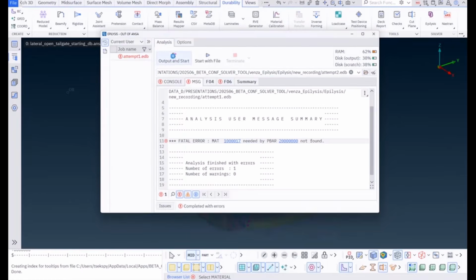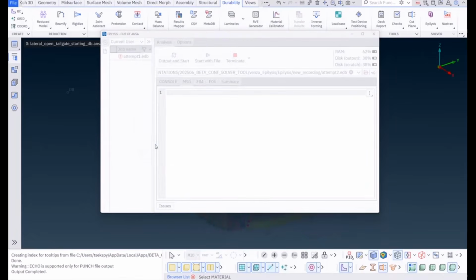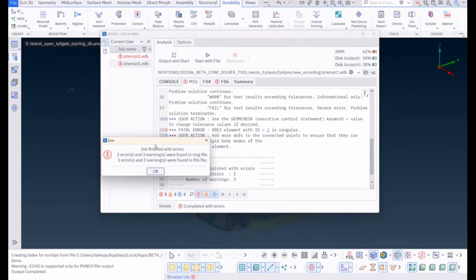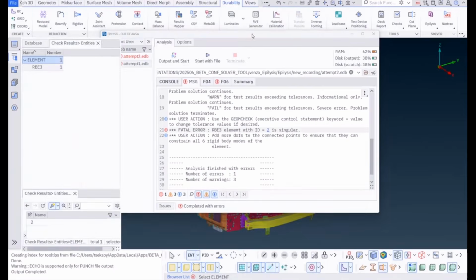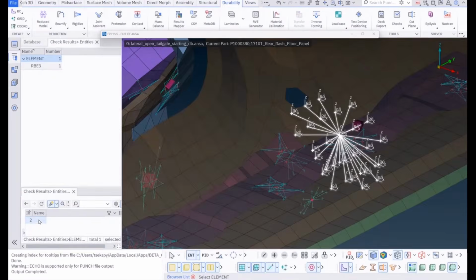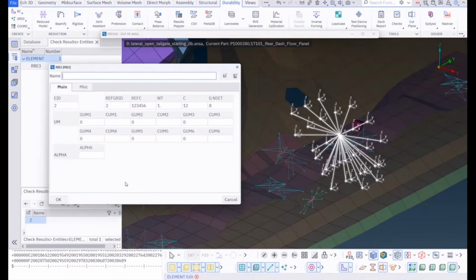We repeat the same process to output and submit a new output file. Another error indication appears. Let's find out what the error is in this case. As we can see, the fatal error is related to an RB3 element that induces singularity during the solution. Again, using the hyperlink, we can detect the desired RB3 entity. Opening its card, we can examine its settings, where we notice that there is a mismatch between the DOFs of